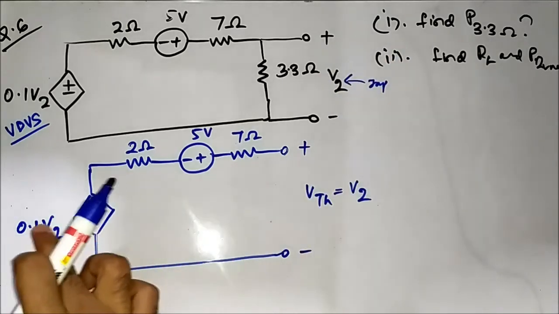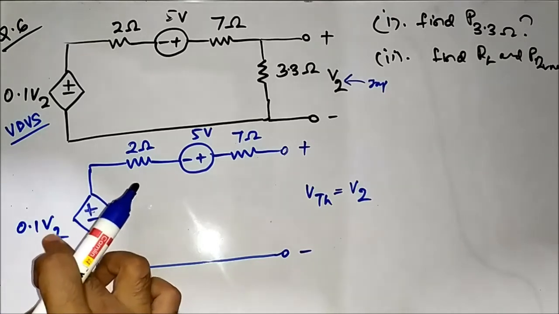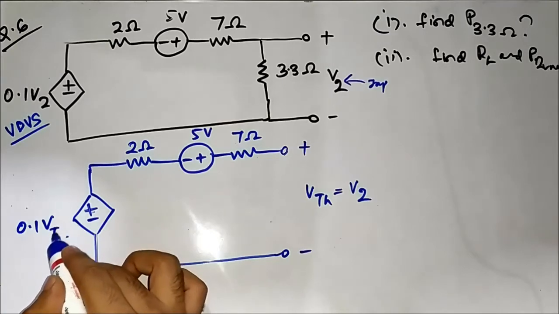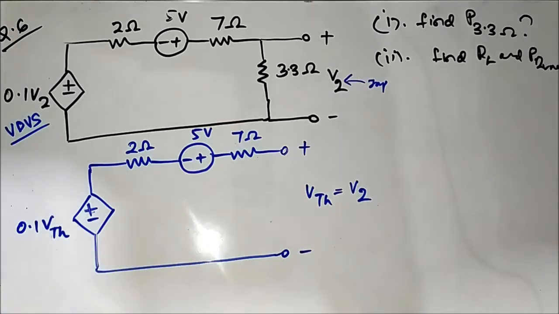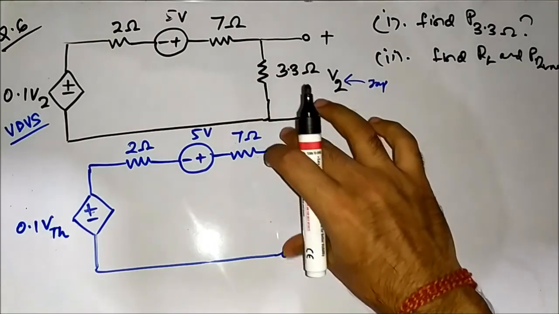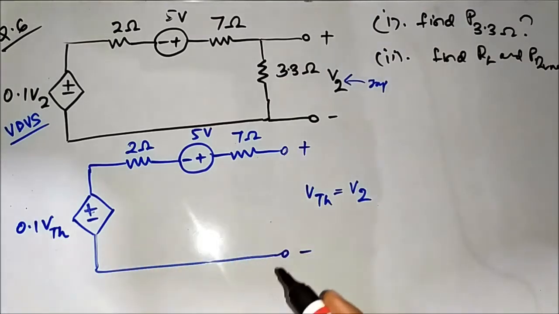So we can say this dependent source 0.1 V2, we can write it as 0.1 VTH. Okay, now an interesting thing here is that as the output terminals are opened, no closed connection, so the